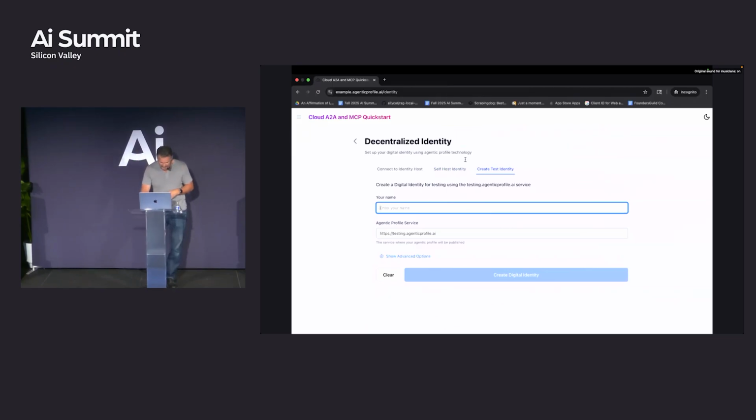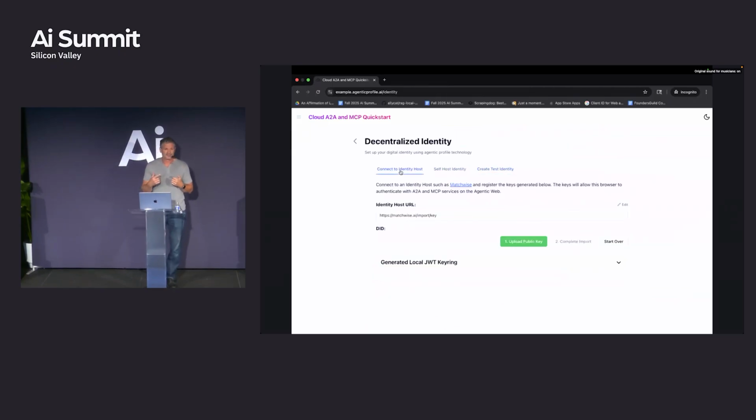But the more fun one here is you connect to an identity host. This is a new term I'm playing with. The notion is that you have some service out there, just like Gmail. Gmail presents your identity using email, imagine that. With the Agentic Web, you want some host where you can say, hey, this is me, I'm going to log in with you, you're going to manage my keys, all that kind of fun stuff, and you're going to give me an identity which I can share with people, and they can resolve that to my agents.